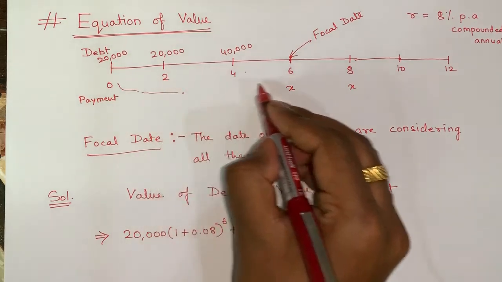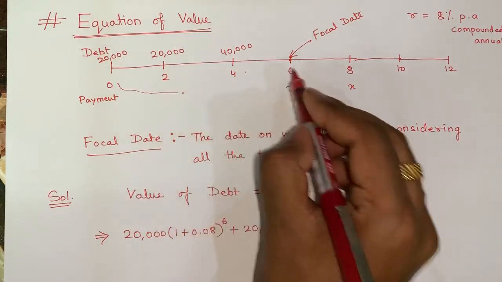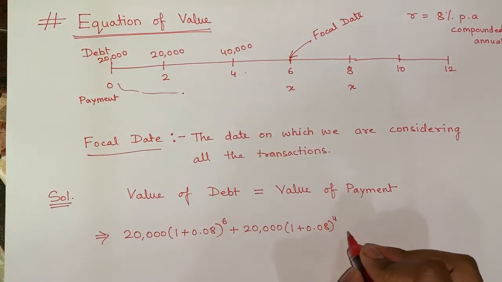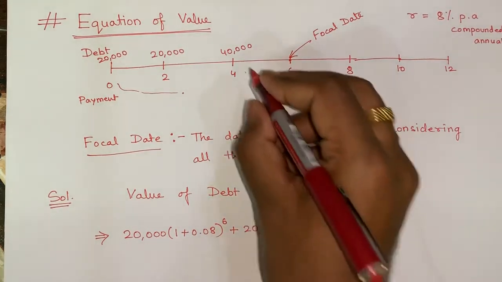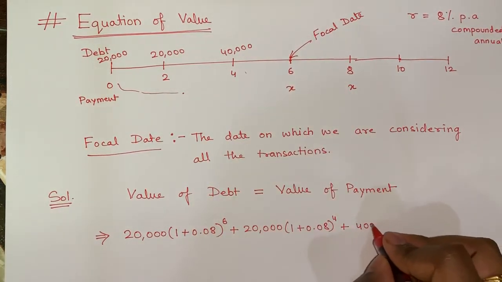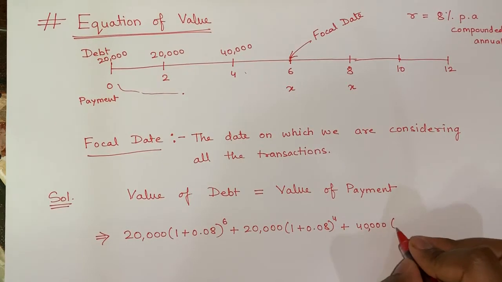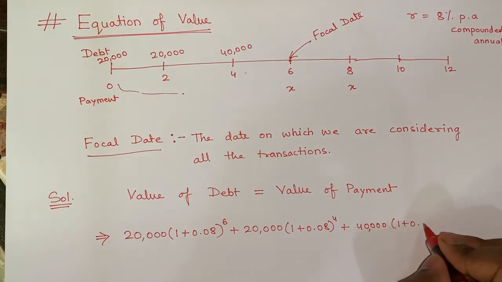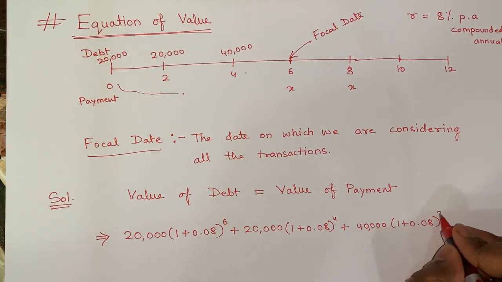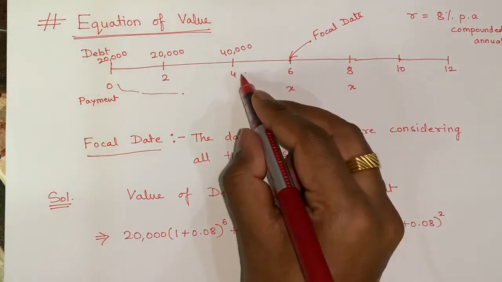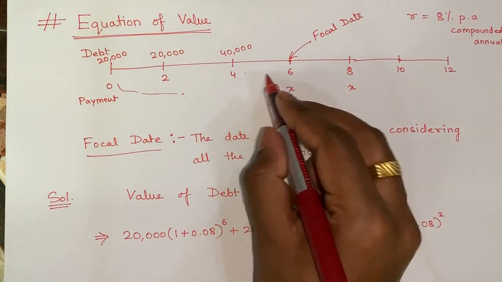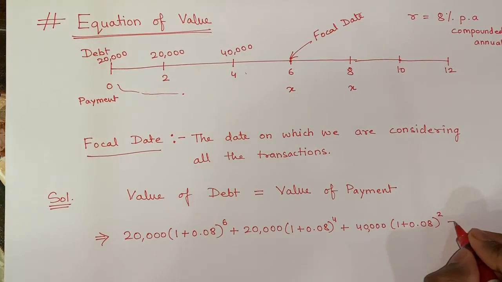For this, the time period left till focal date is 4 years, to the power 4, plus for this 40,000 (1 + 0.08) to the power 2, because the time gap between 4th year and 6th year is 2 years, will be equal to